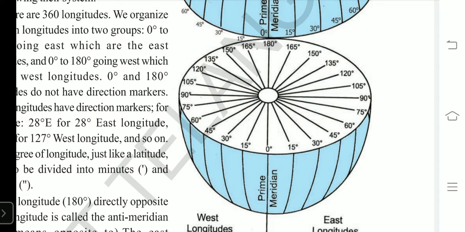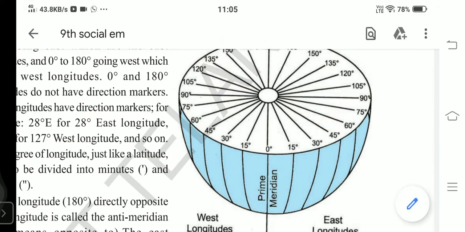2 hours means what? A 2 hours time difference is there in India from west to east, right? If it is morning 6 a.m. on the eastern side of India, then what would be the time on the western side of India? 2 hours difference is there. So we have to subtract the time moving towards the west, right? So it becomes 4 a.m.